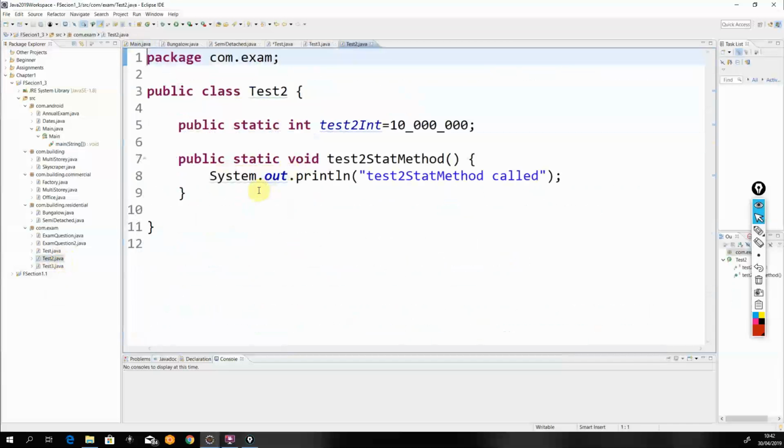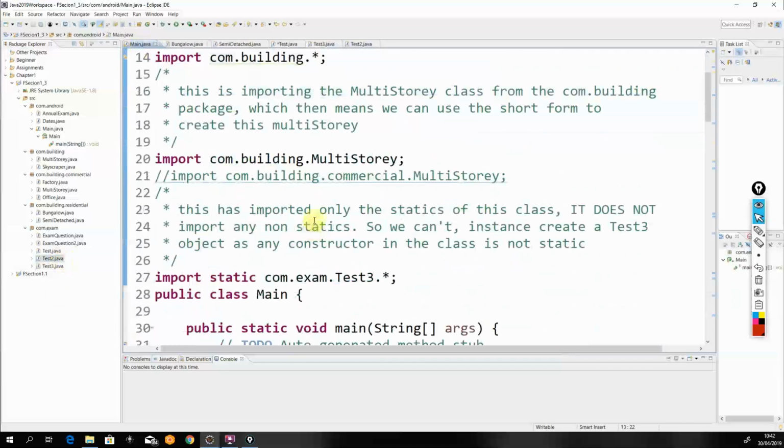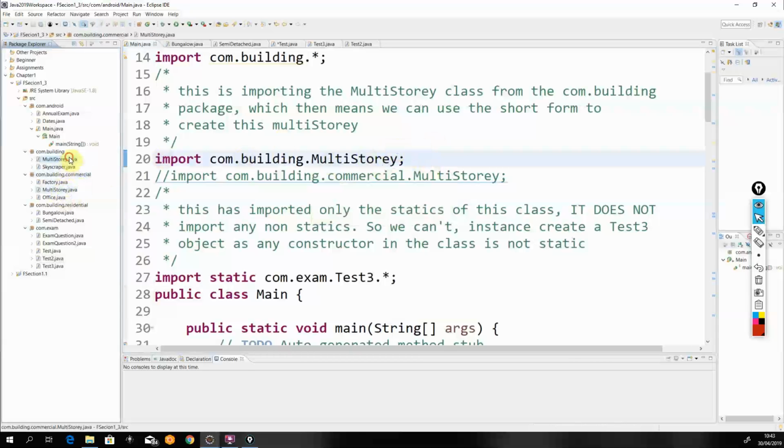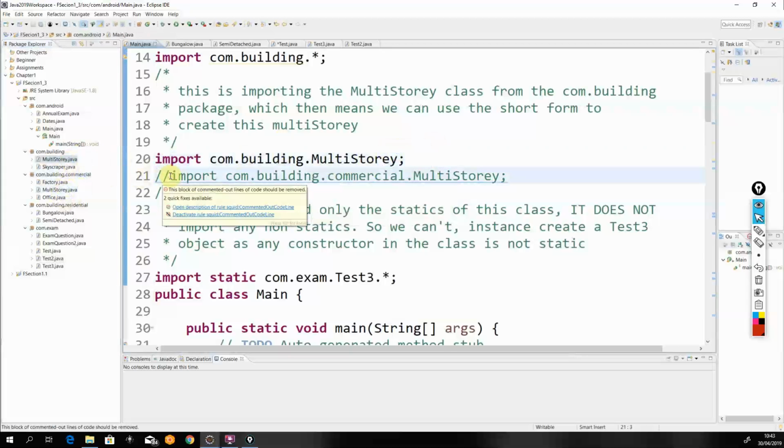It contains only statics. Okay, let's go down through all the imports. Now I import com.building.multistory, so that's importing the multi-story class. You can see that I have a multi-story in com.building.commercial and a multi-story in com.building. If you try to import two classes of the same name,